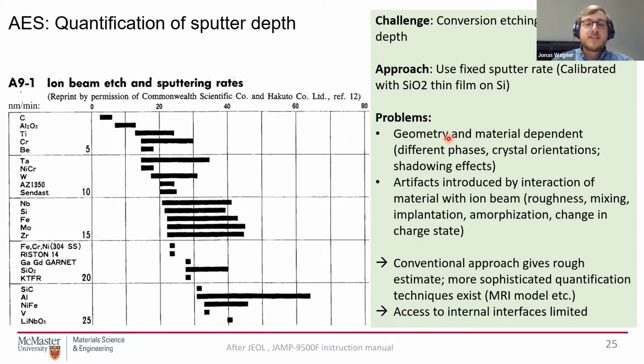The sputter rate is only specific for the geometry it was recorded for. So the angles, the tilt angle, for example, has to be specified. It cannot change later. Otherwise, you just have to perform the calibration again. It is also highly material dependent, right? Even if you look here at that example for different sputter rates, you can see, for example, for the iron system I'm interested in, the sputter rate can span from almost 20 to 40 nanometers per minute for that specific setup they tested.